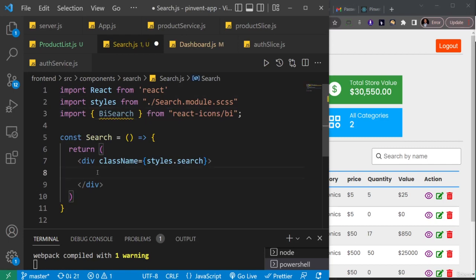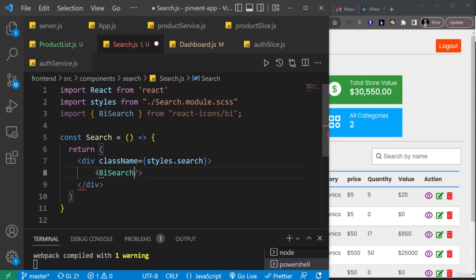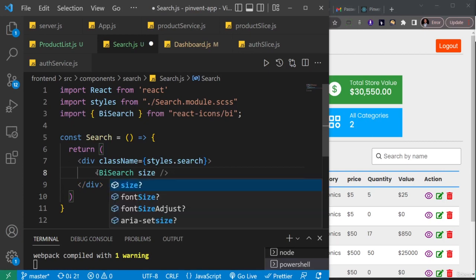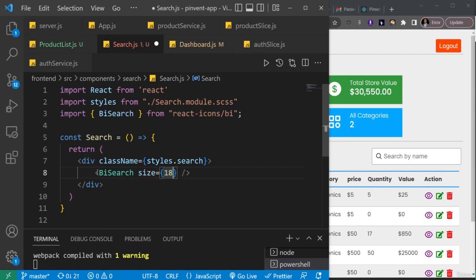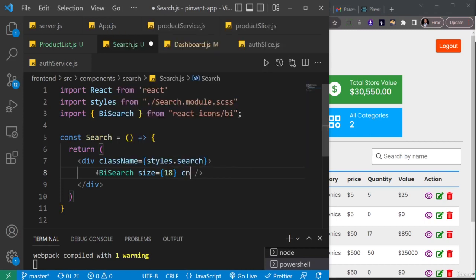Now inside of this div, let's just have the icon like so, FiSearch, and then I'll just close that up. We'll give it a size property, and we'll set the size to 18, and it's also going to have a className,